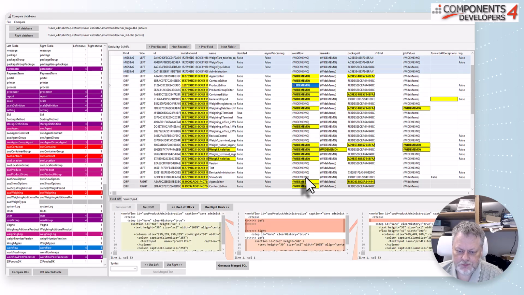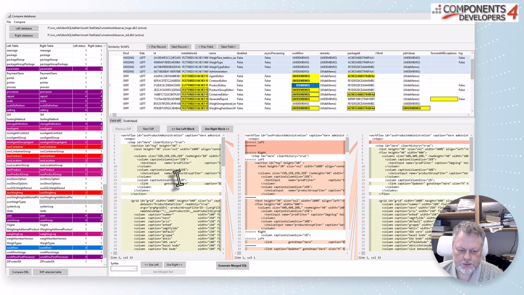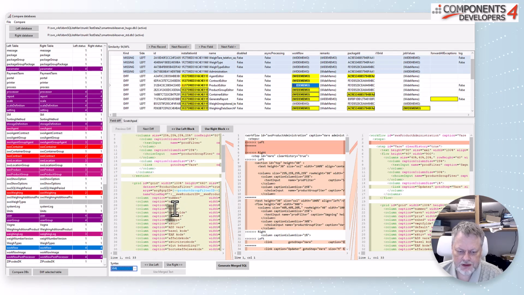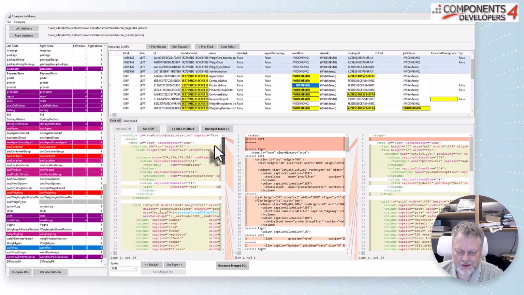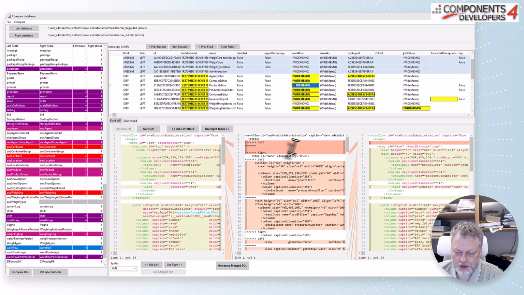So we can click on this memo field, which is a workflow, and the workflow happens to be XML, so we can also ask it to highlight in XML syntax like that, and we can scroll down there. The scrolling will happen in different stages because it will tell us exactly what has changed. Right now we have a little bit darker color, I don't know if it's red, and it's showing that in this particular place from the left side we are picking up this, which is nothing. There's an empty line, there's basically not a line there, and on the right side we can see there's an empty line.